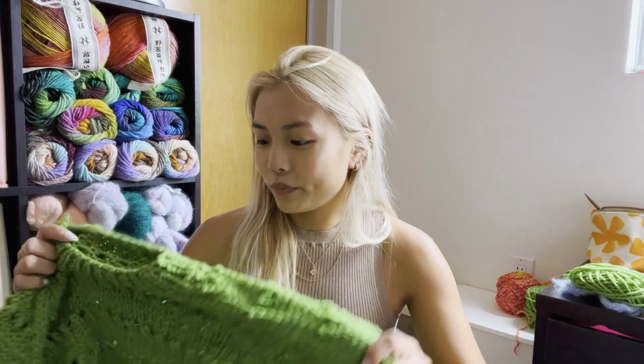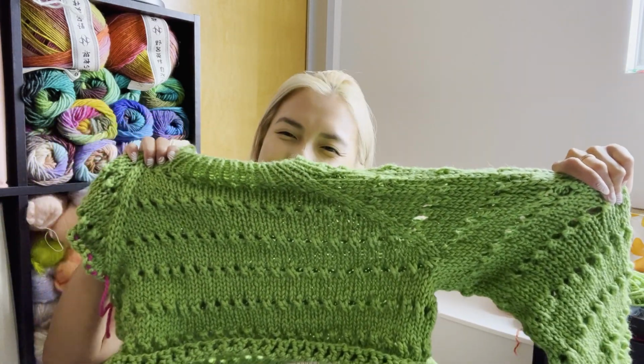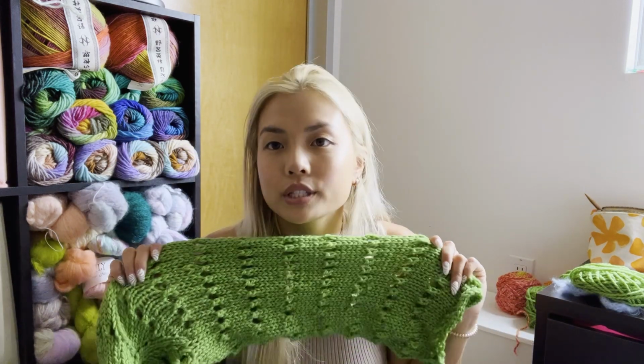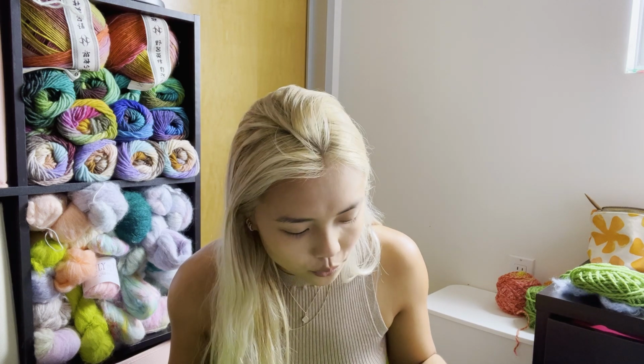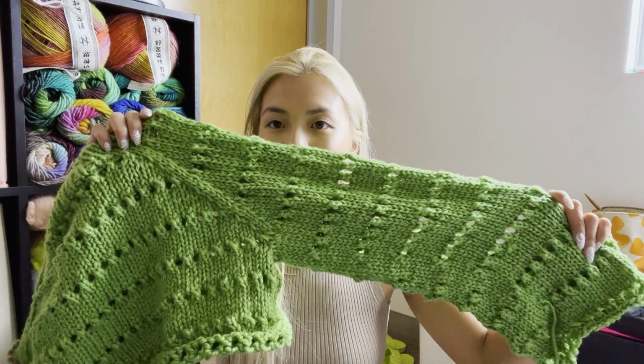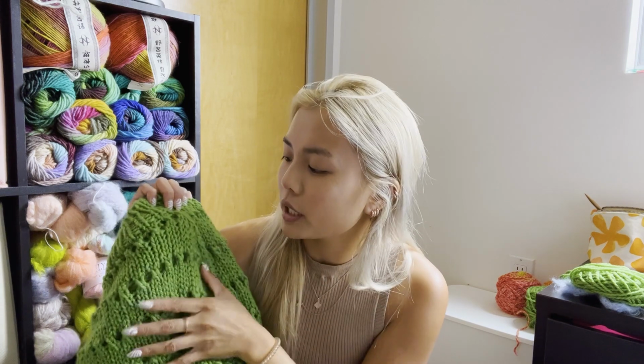Next, I have another WIP for you, and it's another unnamed top-down sweater. I don't know. I'm really excited about this because I just thought about it while I was at the gym, and I wanted something that was kind of similar to my Eye for an Eyelet sweater, but a little bit different. So I came up with this, and it is similar to the Eye for an Eyelet sweater, but the